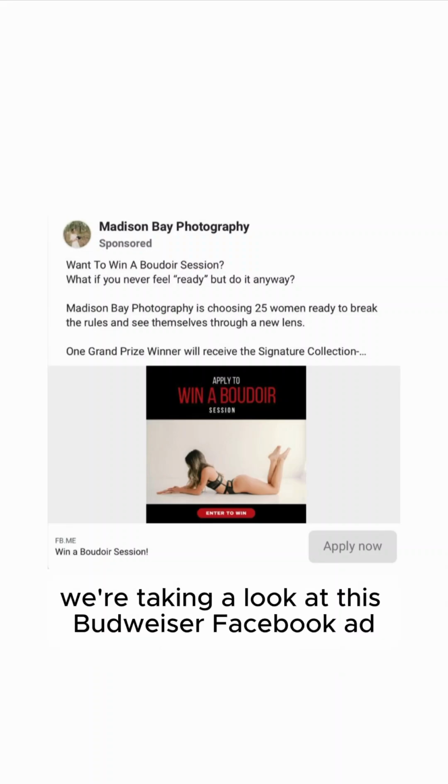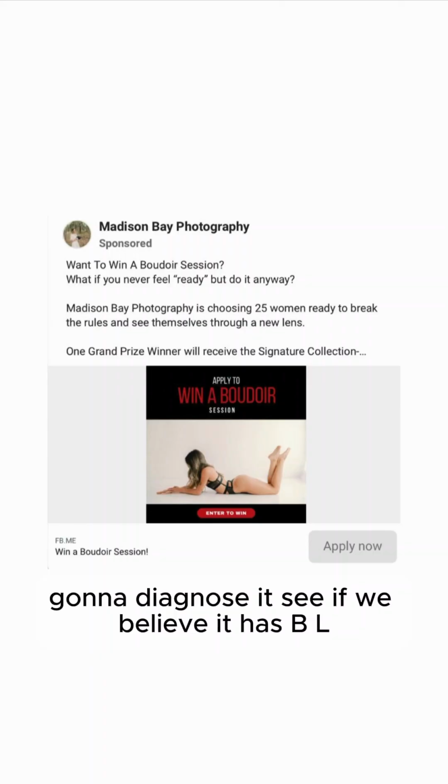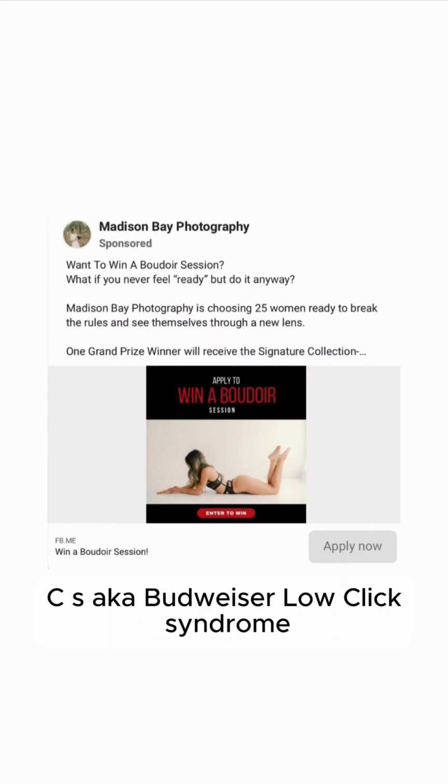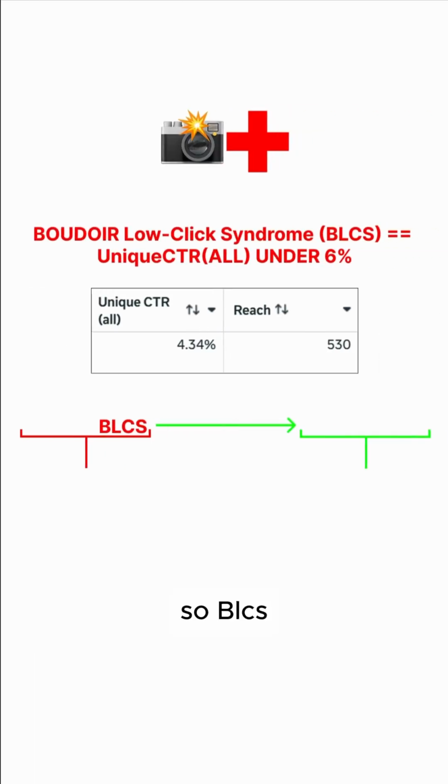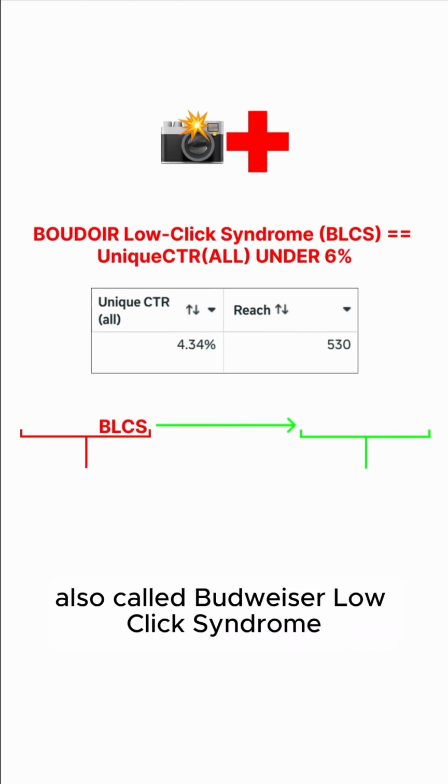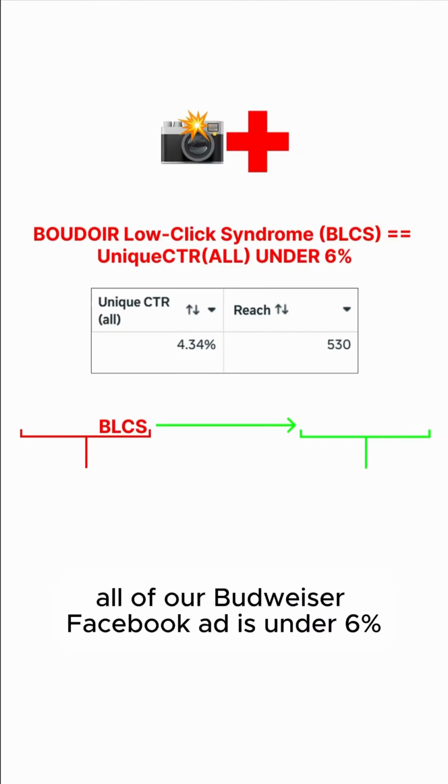All right, y'all, we're taking a look at this Boudoir Facebook ad. Going to diagnose it, see if we believe it has BLCS, aka Boudoir low click syndrome. BLCS, also called Boudoir low click syndrome, is when the unique CTR all of our Boudoir Facebook ad is under